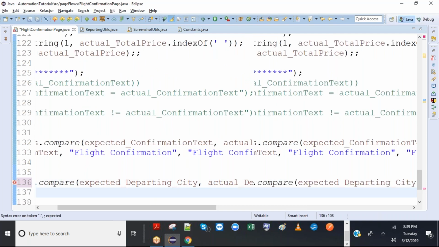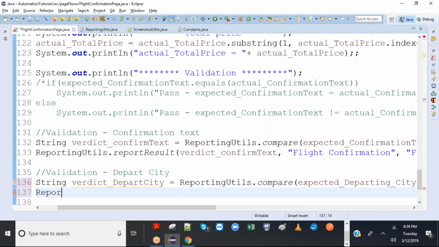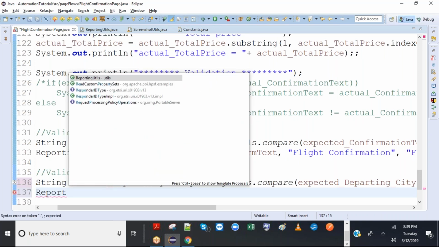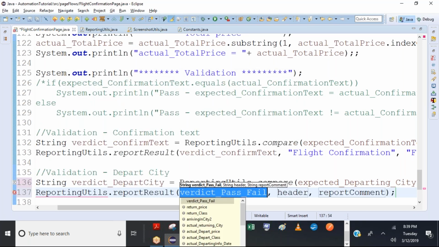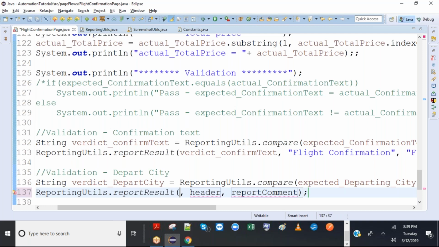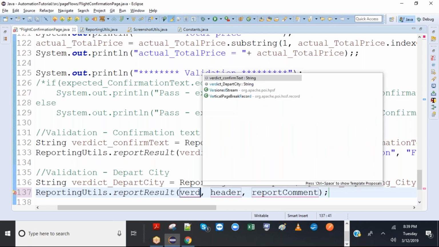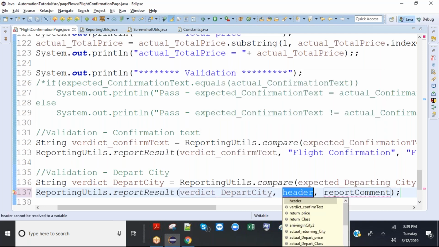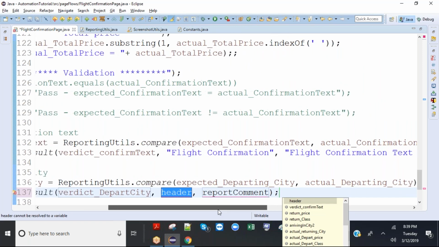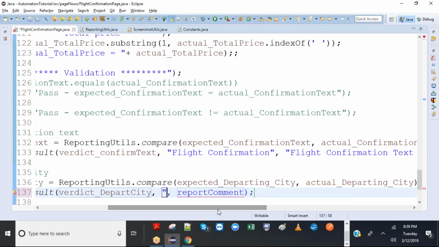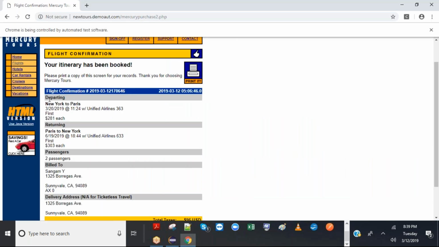So then it will be stored. Then I'll just pass this to ReportingUtils dot report result. So verdict will be verdict underscore depart city, correct? So I need to just press Control Shift S, then verdict underscore depart city, and header is whatever I want to print as the header in the report. We already know what that header is for. It's whatever you're validating, right?